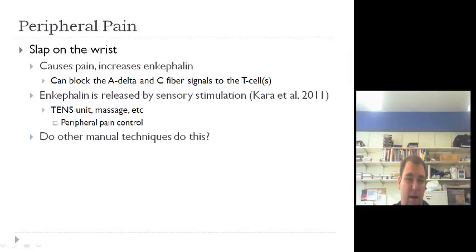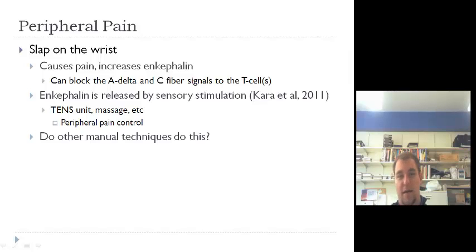If I slap somebody on the wrist, and we did this in my modalities lab this year, we took our only male subject, male student. Can't hit a girl, right? So we punched him in the calf until he had some pain and it hurt him. We hooked him up with a TENS unit. A TENS unit is supposed to release enkephalin by sensory stimulation, and it decreases pain. So we measured his visual pain scale, did some other things with pain, and sure enough, it decreases pain.